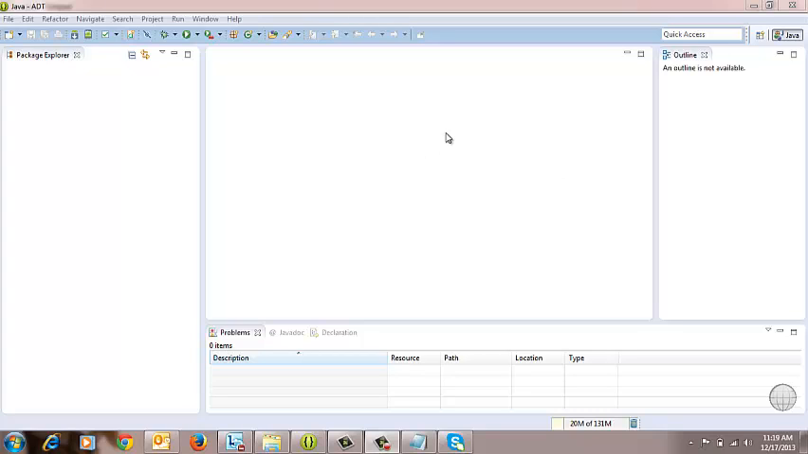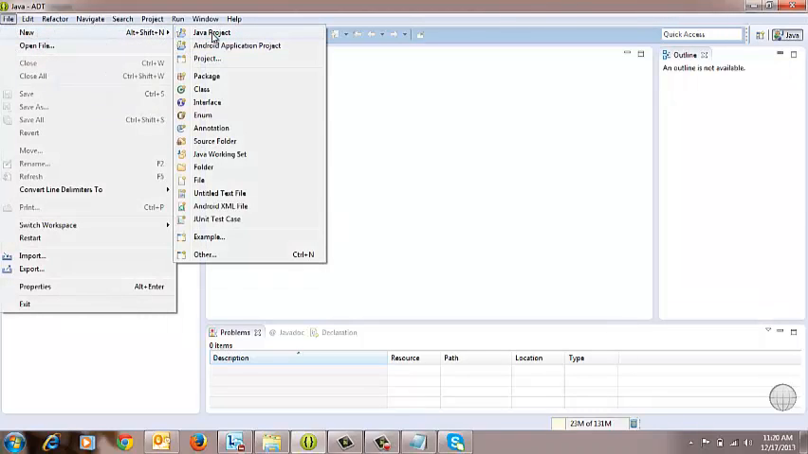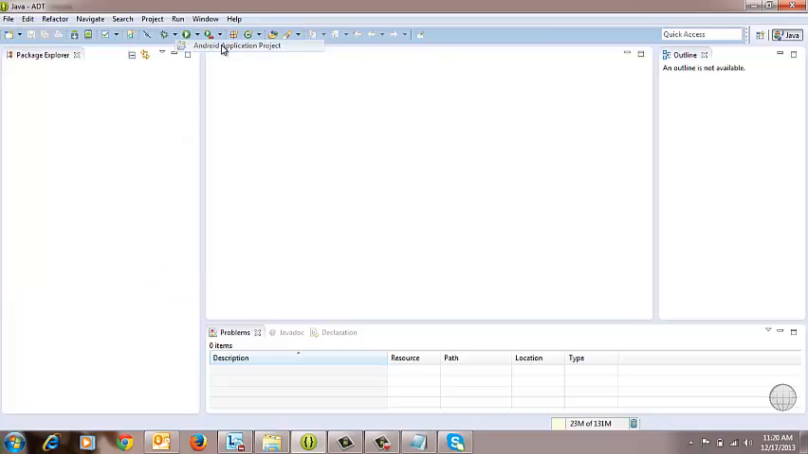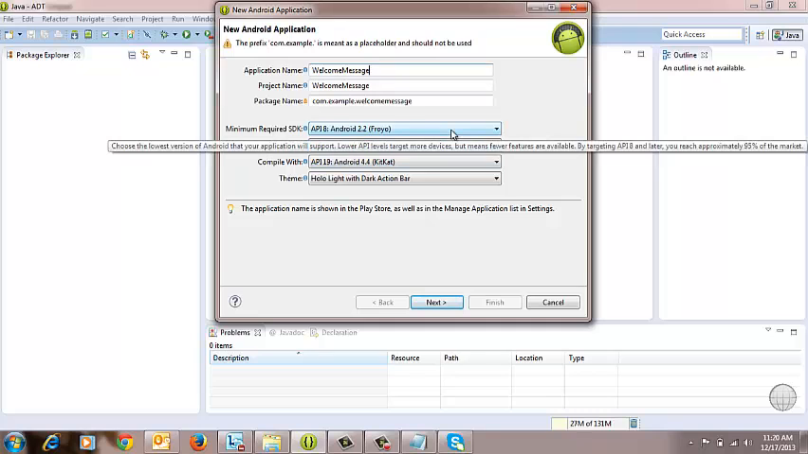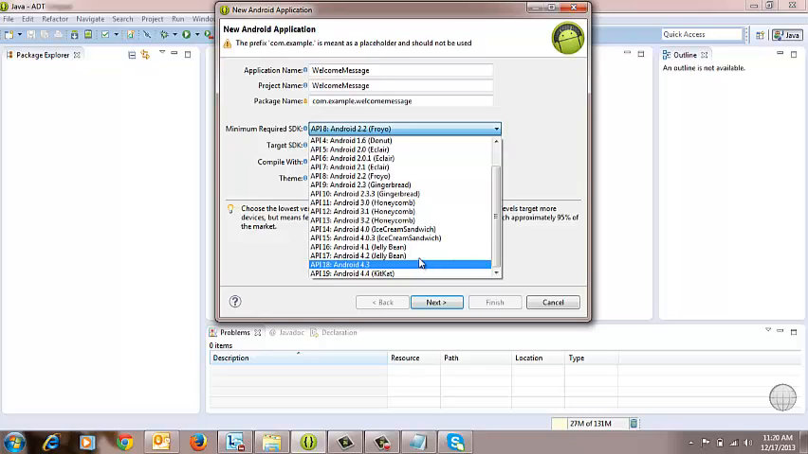Good day all. Today I would like to discuss Android project structure, the directory structure, and I'm trying to create a project in Android. Let's go to Android application project and create it as welcome message as Android project. And if you observe for this project, the minimum required SDK is, let's say, I'm selecting